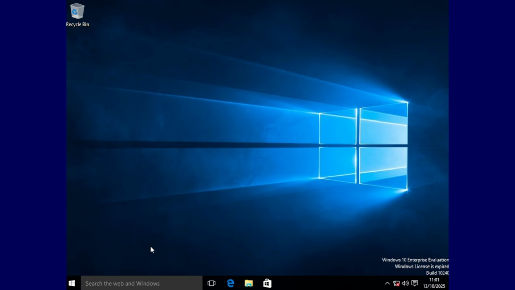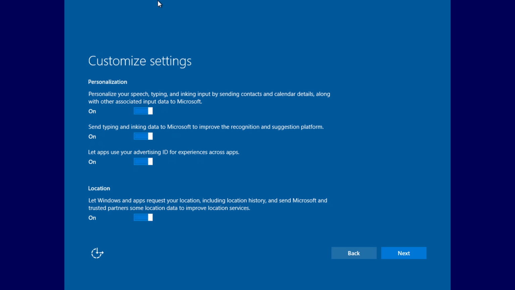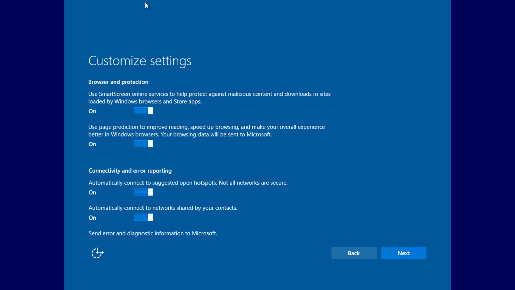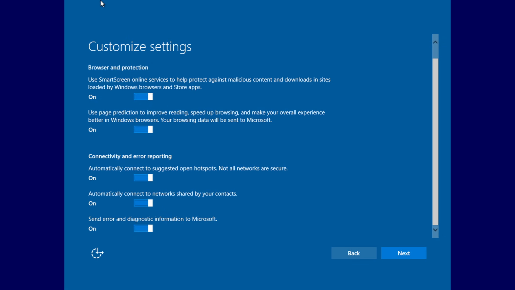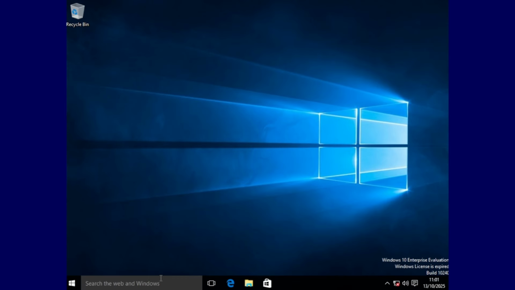So, as you know, Windows 10 changed. The installer for the first build of Windows 10 was a lot like that for Windows 8. But in later builds, you would actually start to see more features, just as Microsoft had promised.